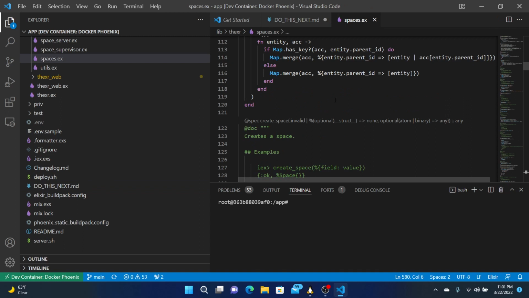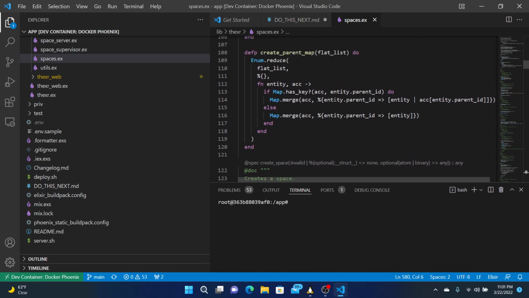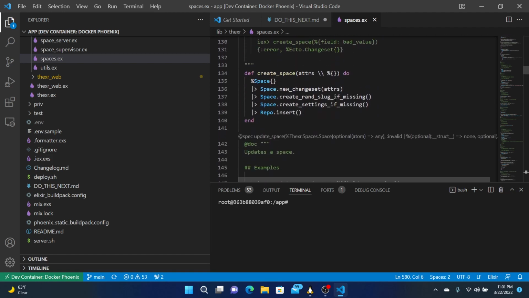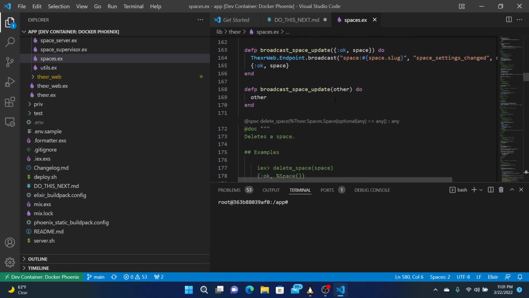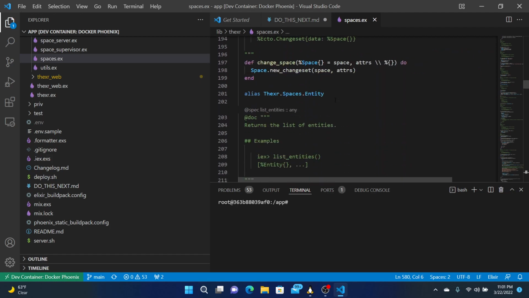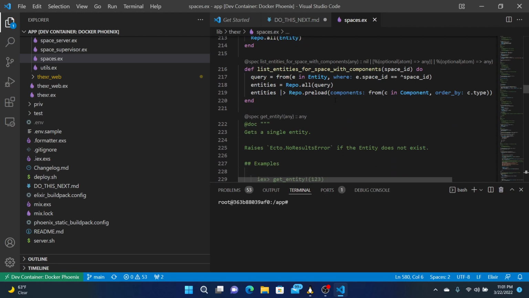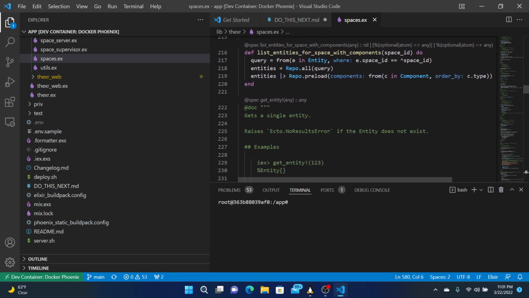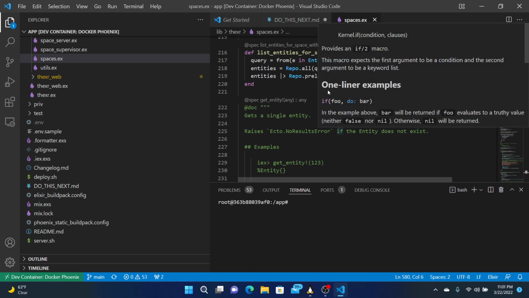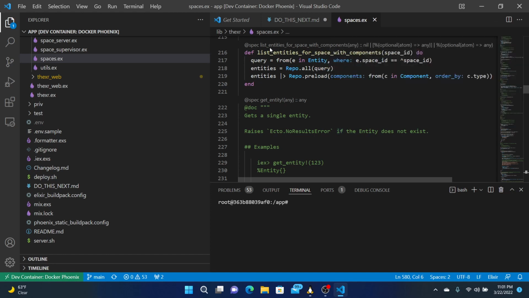Currently, the API that we have is very much space-centric. You can create a space, you can add entities in the space, and it will also broadcast. You can add some components, update some components, and these will modify the database structure underneath. Although the API doesn't need you to know the structure exactly, it's very much a one-to-one mapping.